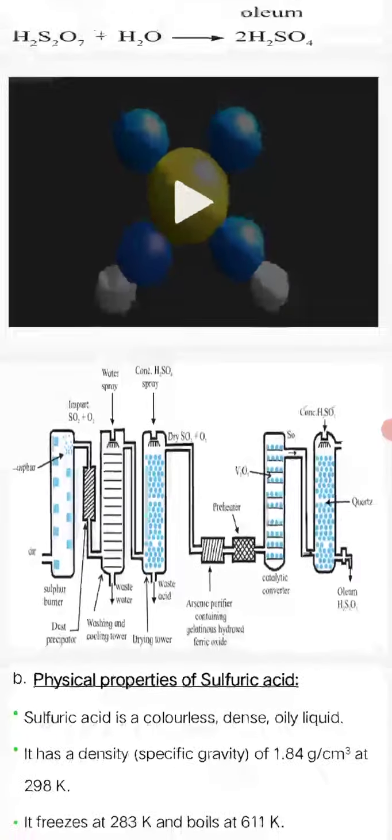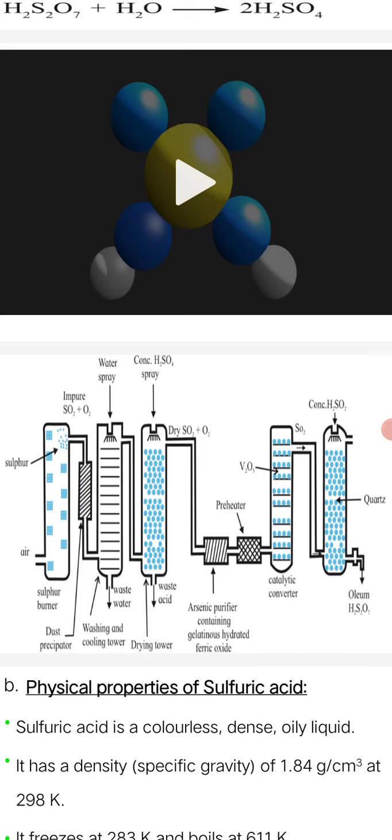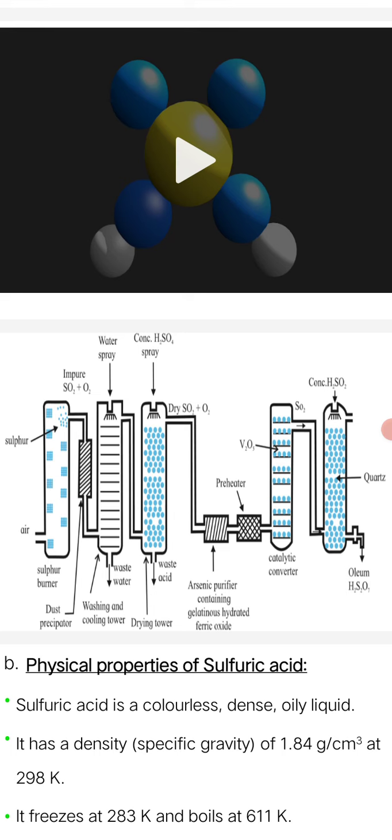Later on, one flow sheet also I want to give. In this flow sheet, on the left side you can see the air, then sulfur deposited in that, which is passed in contact with air, O2, and by that we get to a water spray. By water spray we can utilize this for washing and cooling, or a water tower is there. In the next vessel, we'll see the concentrated sulfuric acid spray, and the waste acid comes downside.